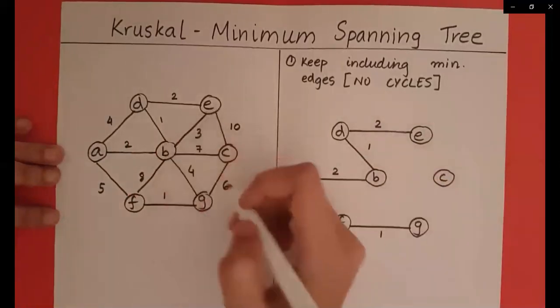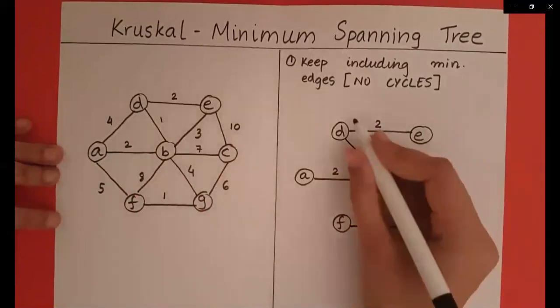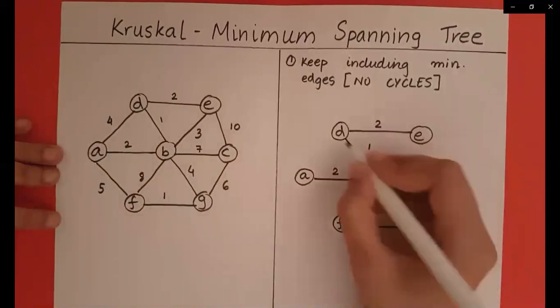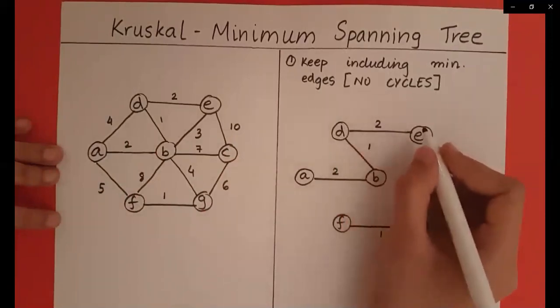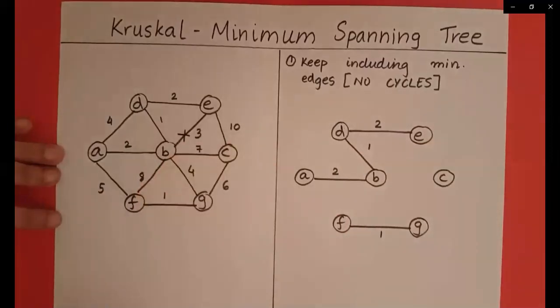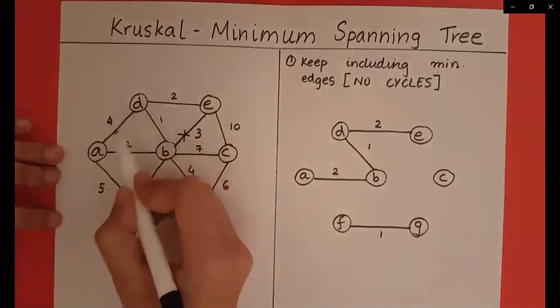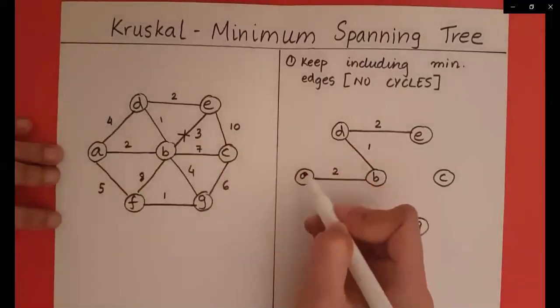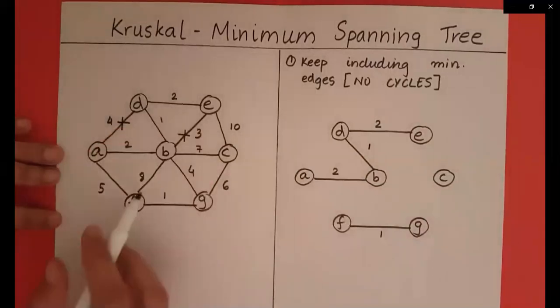Now what is the next option? If you are not choosing B to E, since it forms a cycle, we are just discarding that particular edge, even though it has the least cost value. Okay, so B to E is not considered. Next you have 4. 4 is for A to D. Now we go for A to D because it's a tie, and the tie has to be broken arbitrarily. Now when you choose A to D, what happens? It forms a cycle, so we will be discarding it.